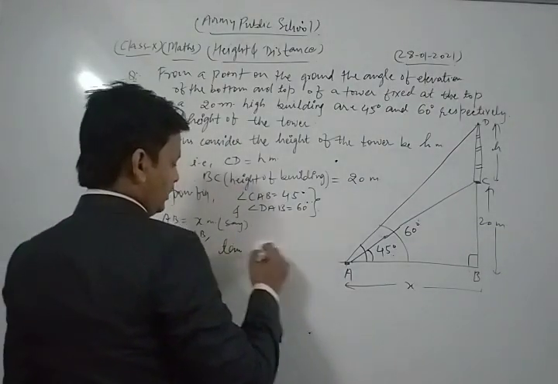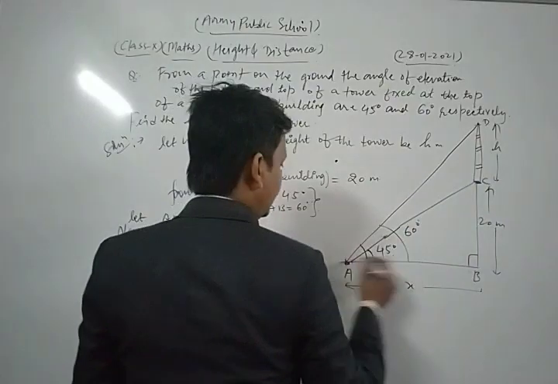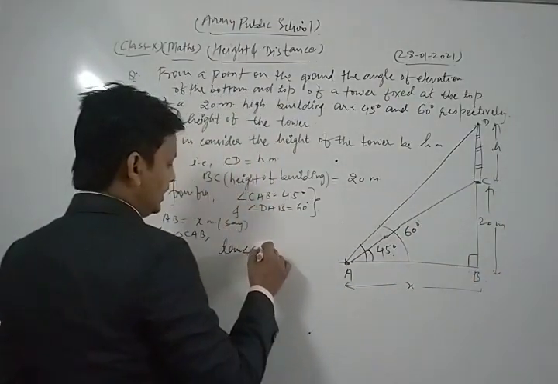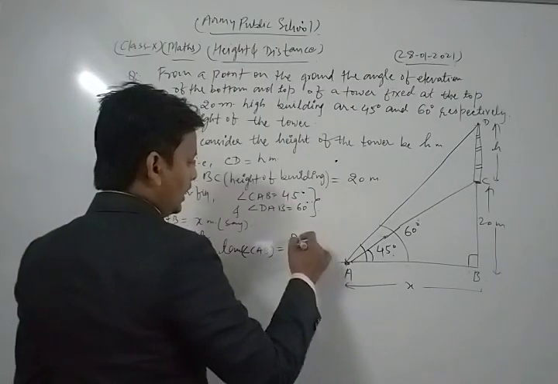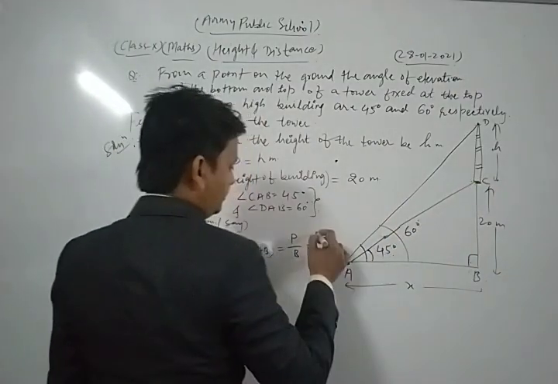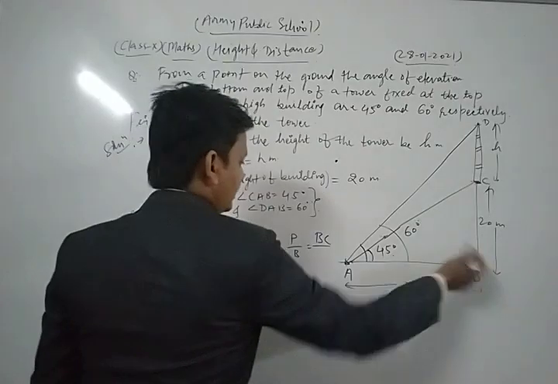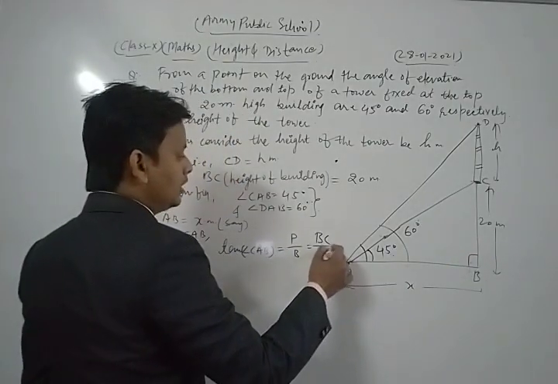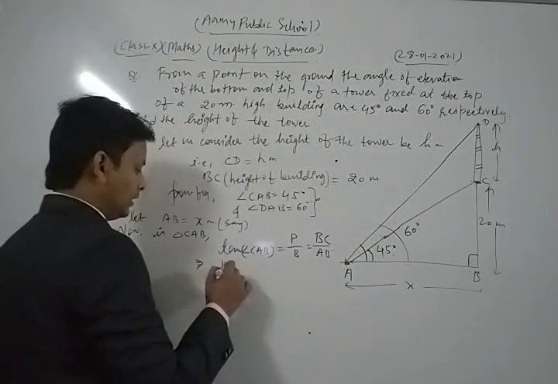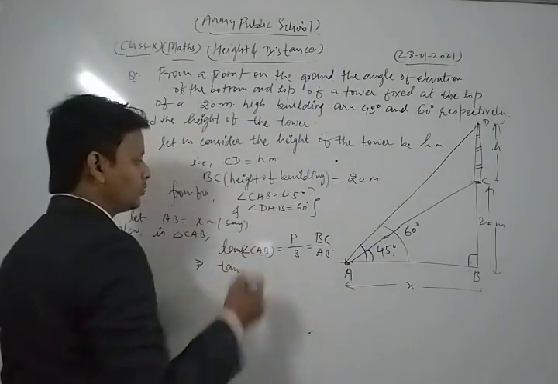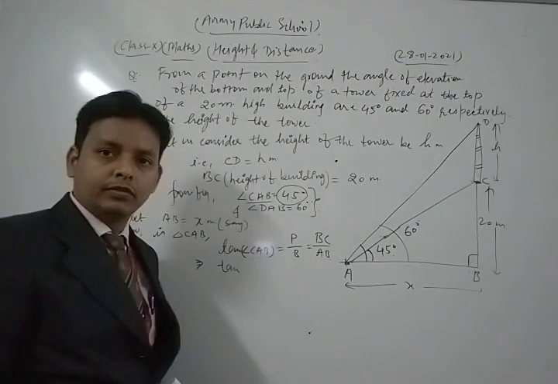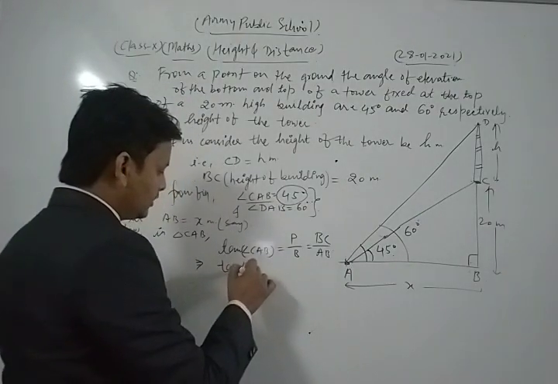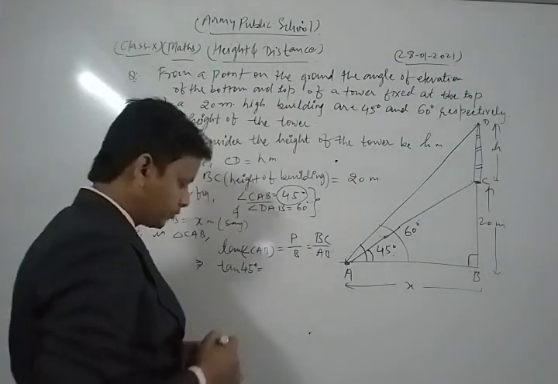So tan of angle CAB. Tan of angle CAB is equal to what? Perpendicular upon base. And here perpendicular is BC, and the base is AB. Now let's see, angle CAB is 45 degrees. So here we put tan 45 degrees is equal to